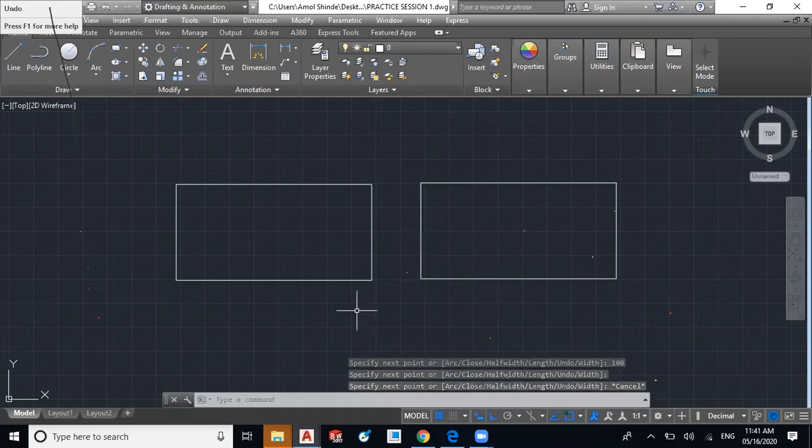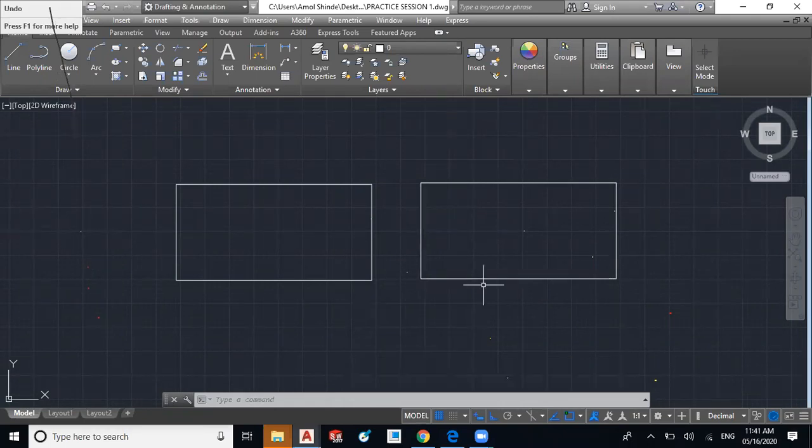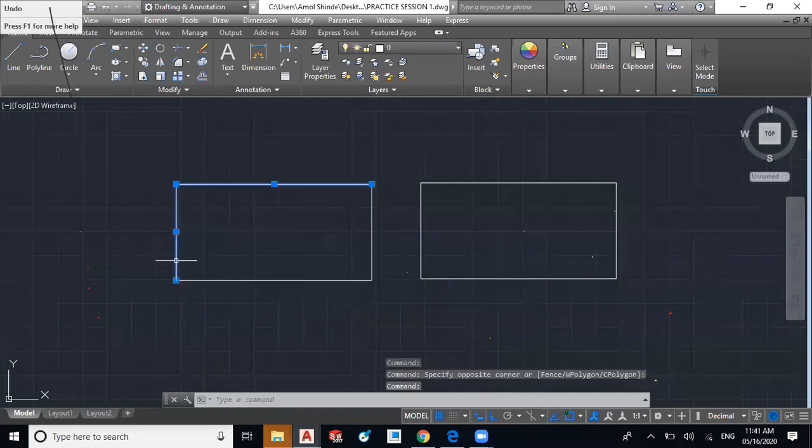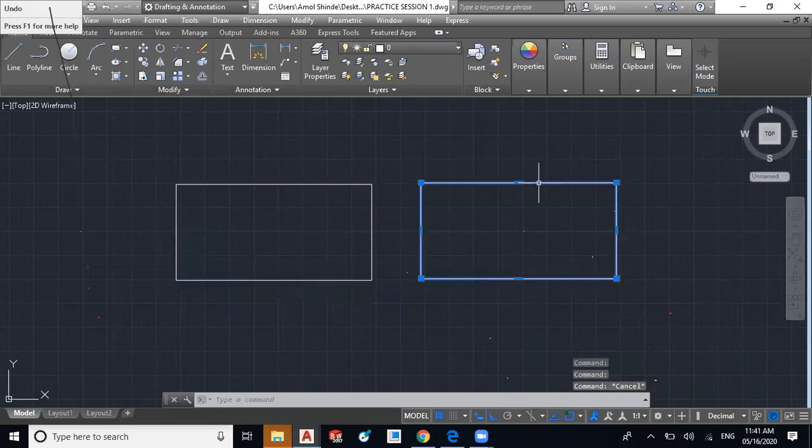Now you will say, sir, what is the difference between line and polyline? You are using both the commands for drawing similar objects. Now there is the difference. So I will try to select this rectangle. So I have to click on all the entities, that is segments. Okay, and then I am able to select this rectangle. Now try to select this other rectangle. In a single click you can select this rectangle. It means polyline acts as a single object and the line command acts as segments. Okay, this is the difference.